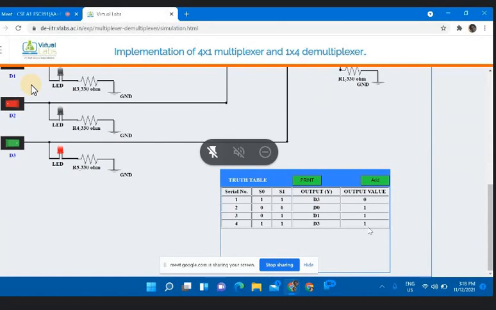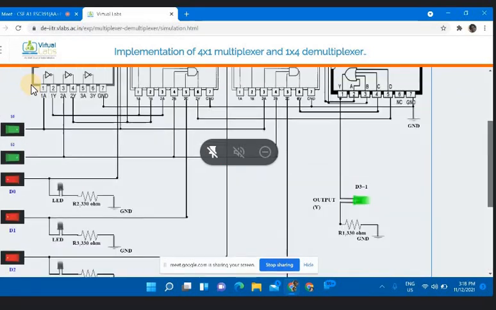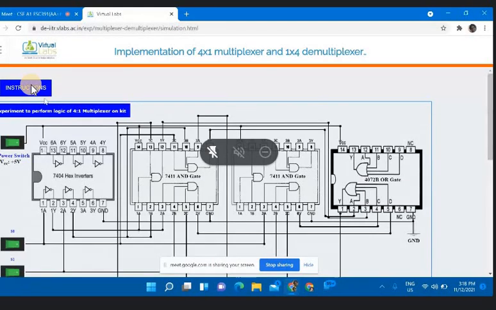Accordingly, you have to feed that input to the select lines, and then that will come across as the final output of the multiplexer. Is it clear to everyone? Yes, ma'am. Everyone has understood? So this was your multiplexer.